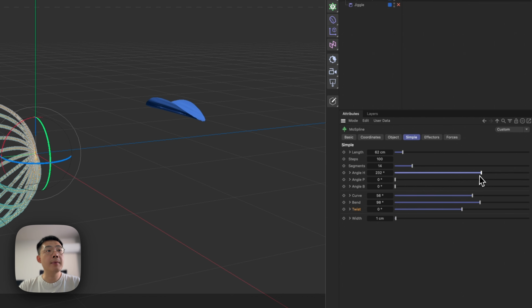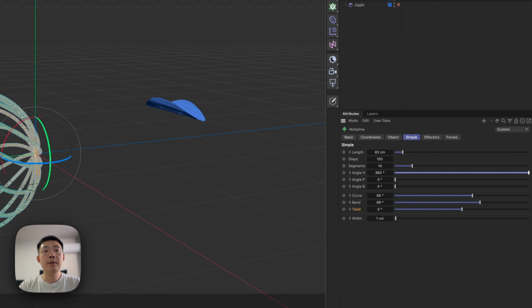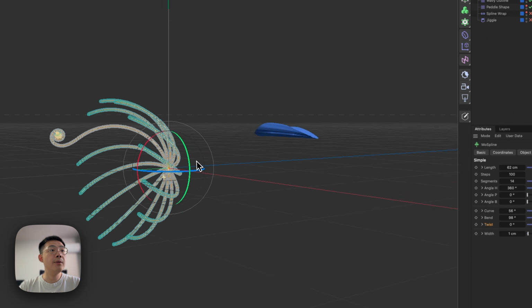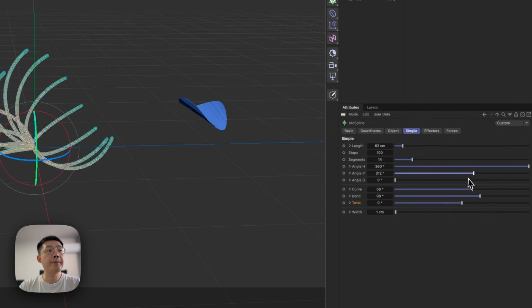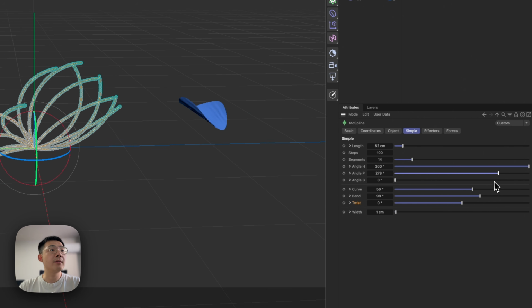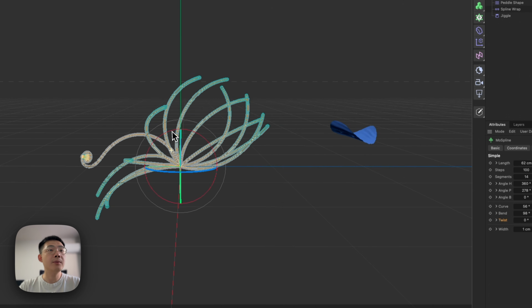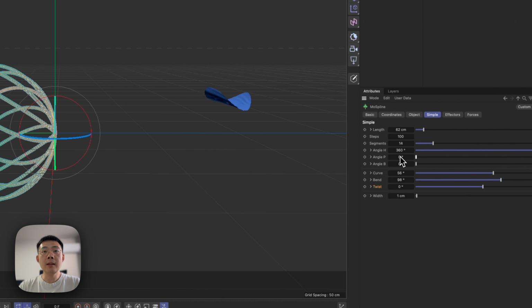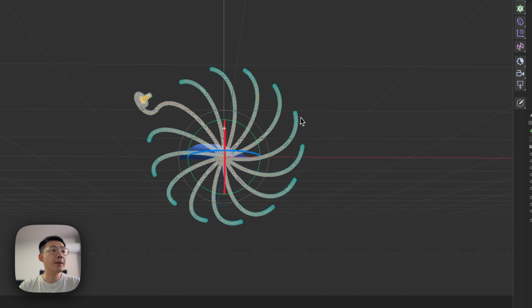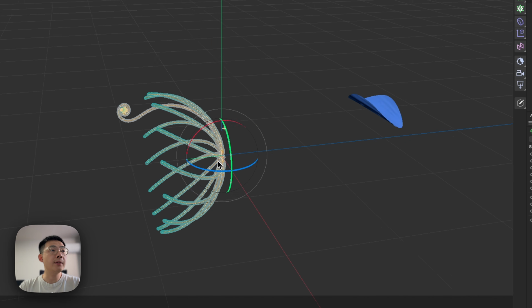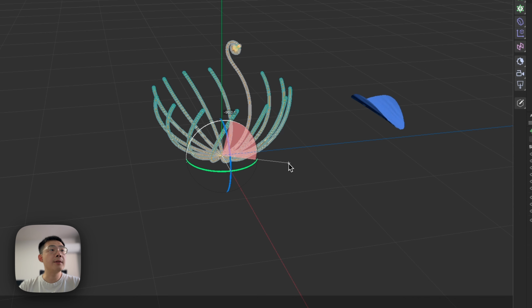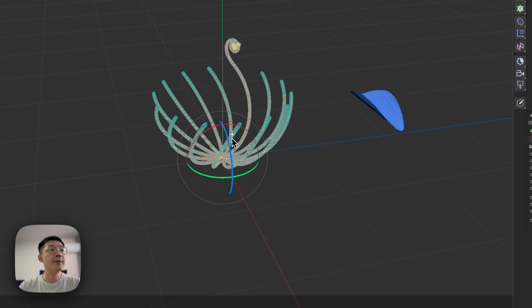I can actually make the angle horizontal, or wow, this is actually kind of cool. Alright, just angle H, make the heading twist a little bit, and then I'm gonna just move it backwards like